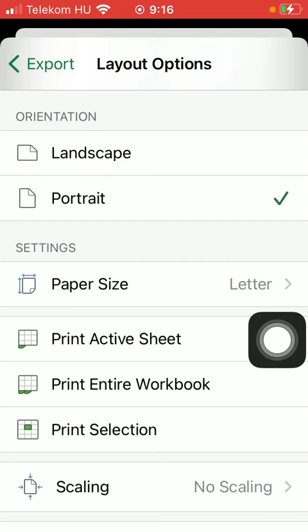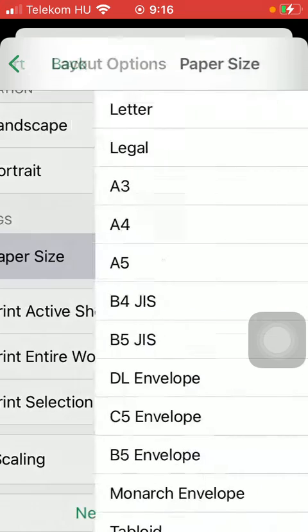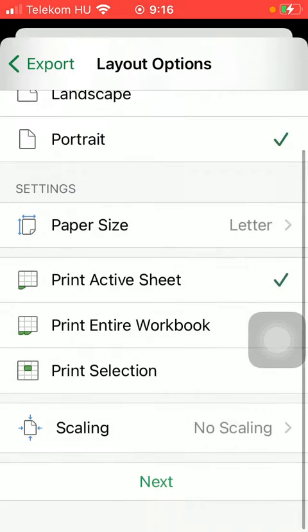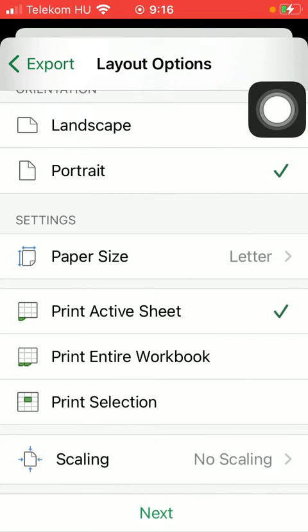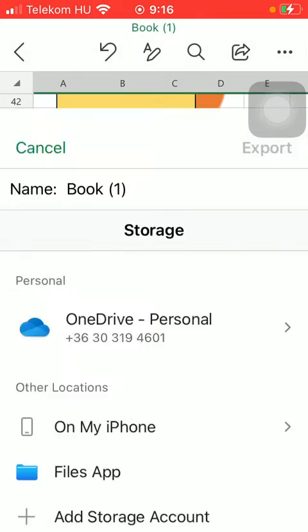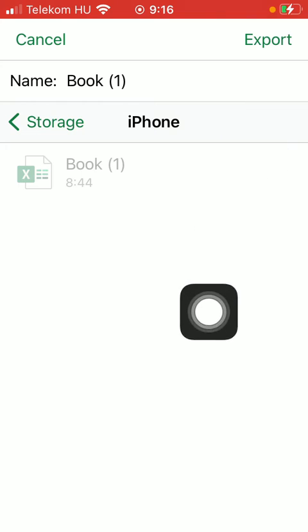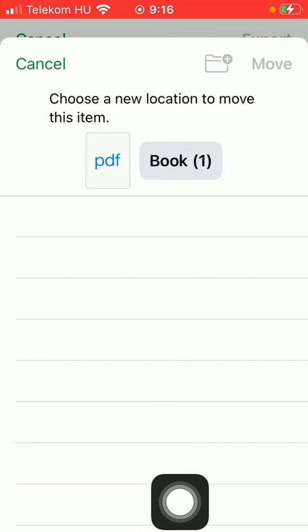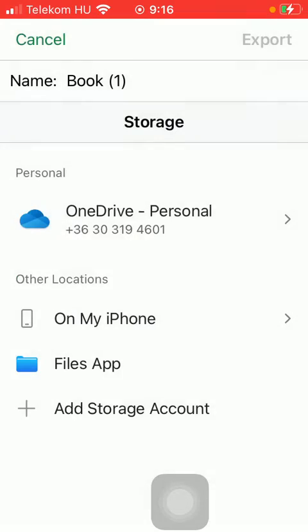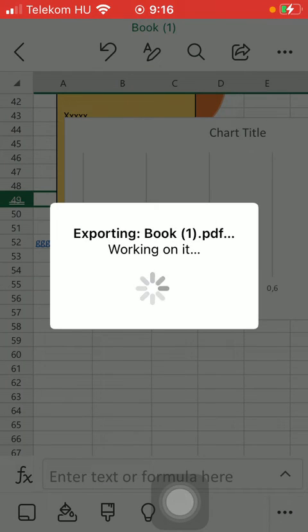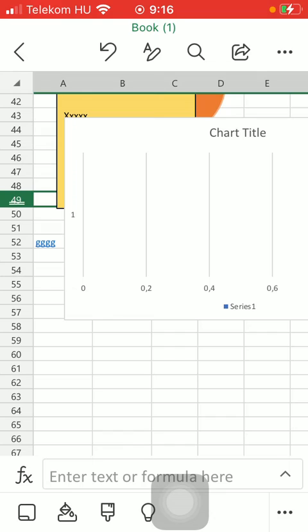Here you can select the orientation, the settings, so the paper size, and other layout options that you can see here, such as print active sheet, print entire workbook, or print selection. Tap on the button Next down below and you should select storage information and tap on Move. So now your workbook has been exported to that folder or to that place that you have selected as a